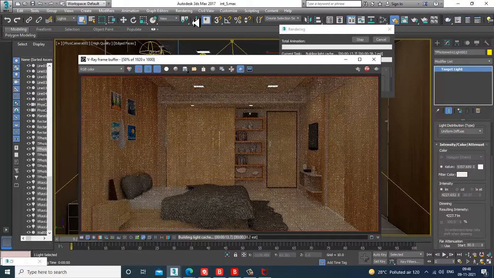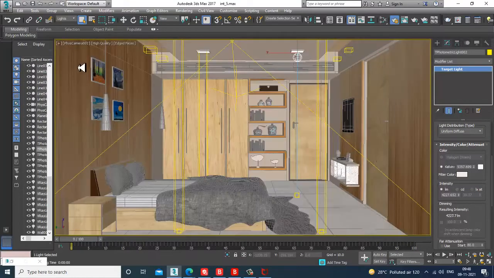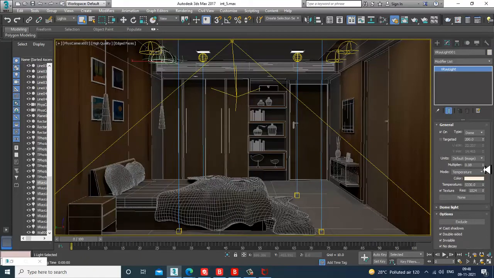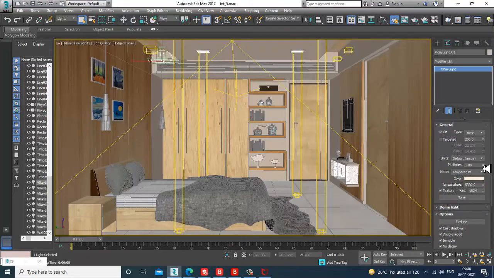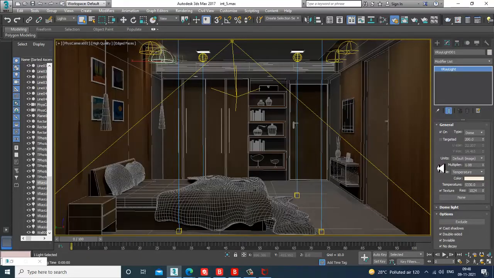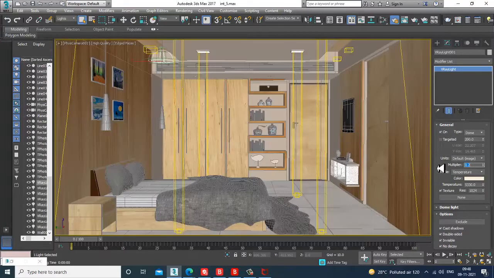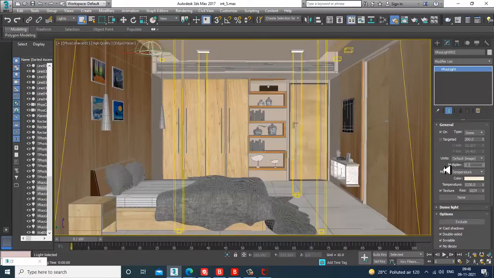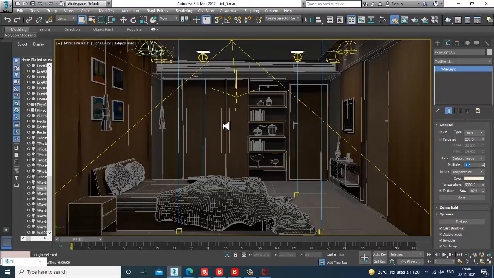Alright, so let it just render over here. Plus we do have this, so we can slightly increase this also. Let's see how it looks.